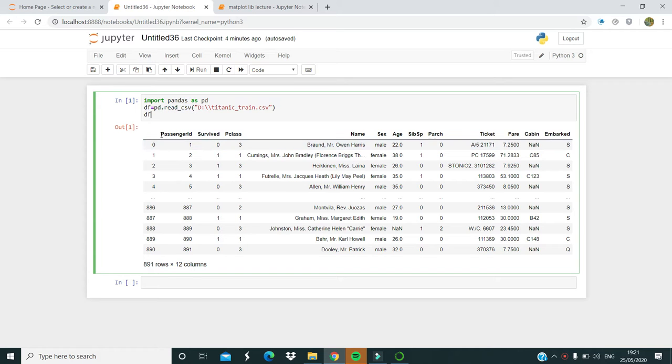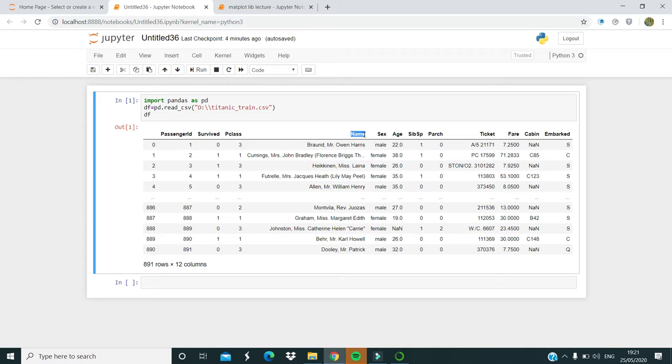We can see that we have the PassengerId column, Survived column, Pclass, Name, Sex, Age, and SibSp. So there are multiple columns inside the data. These columns are basically called features. Okay, but if we see the data, it is very minimal. We can understand only a little about the data.